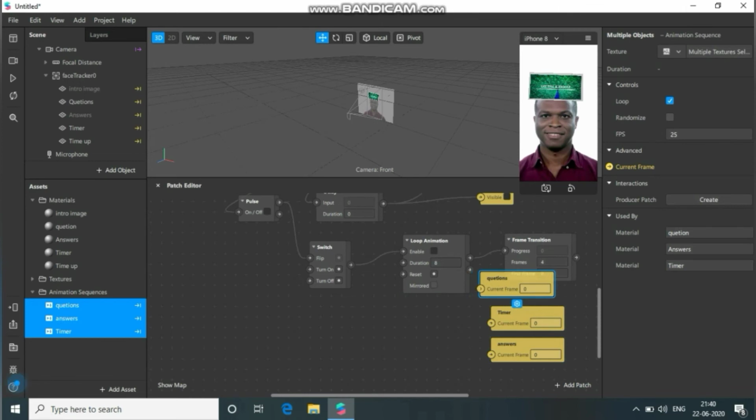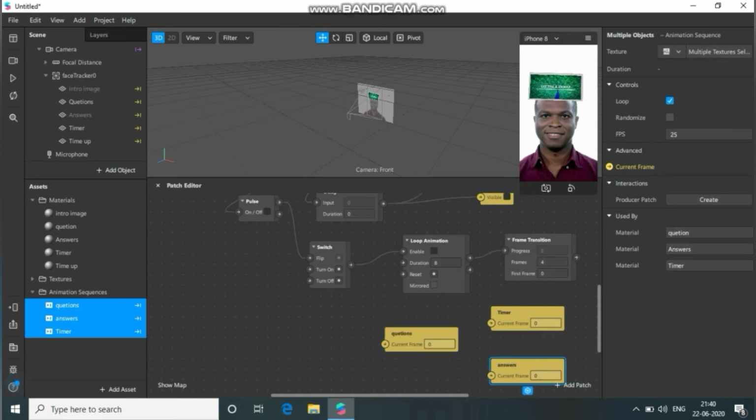Just arrange it. Select the frame transition node to connect questions. Connect it to timer.